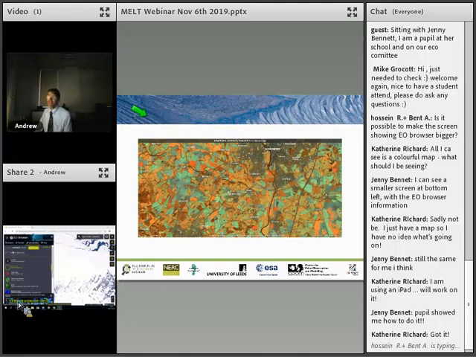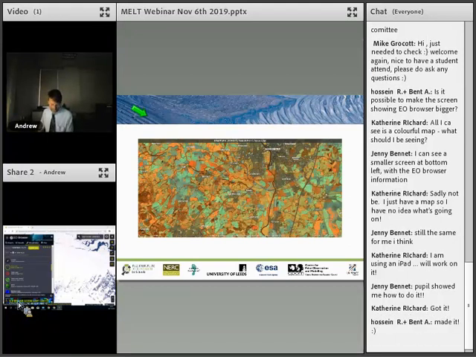Okay, that's fine. There is an issue with iPads. If you're using Safari, for example, it really does need to be the most recent version of iOS to run it properly. The company that run the EO browser aren't really supporting iPads, sadly. Chromebooks are fantastic, but iPads a little bit less good if you've got an old one running an older operating system. Okay, if I may continue, if that's okay,